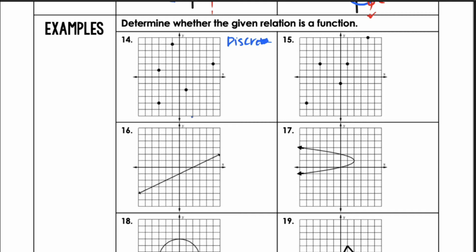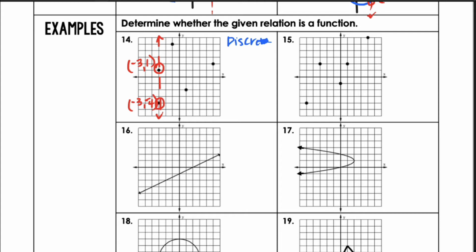So my goal is I want to make sure that I cannot draw a vertical line that crosses or intersects more than one point. And right away on the far left here, I can see that if I draw a vertical line right here, I'm going to intersect this point, which is the ordered pair -3, +1, and I'm also going to intersect this point, which is -3 and what? 1, 2, 3, 4, -4. Okay, so the point -3, +1, and the point -3,